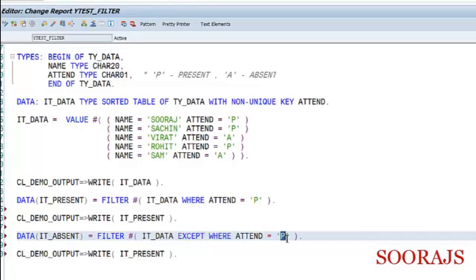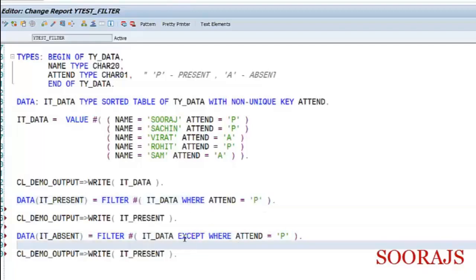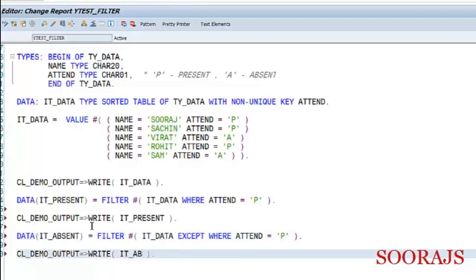I can also put it as A here, where attend equal to A, but the other way is using the keyword except. I'm saying except those students who are present, I want the entries to be filtered from IT_DATA and put inside IT_ABSENT. Fair and straightforward, right?